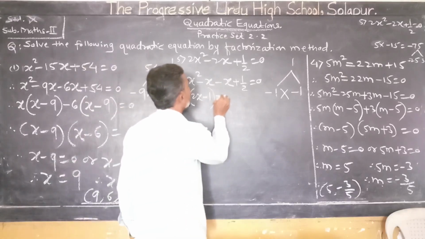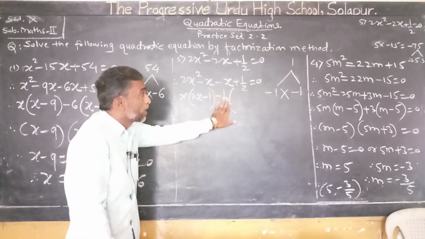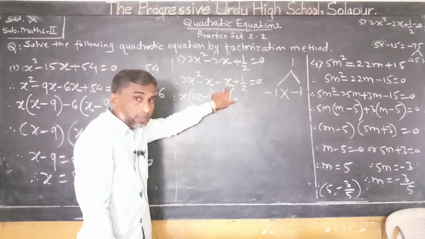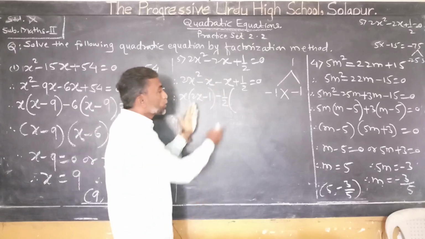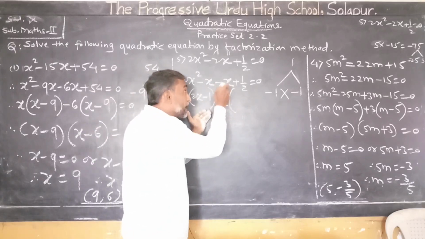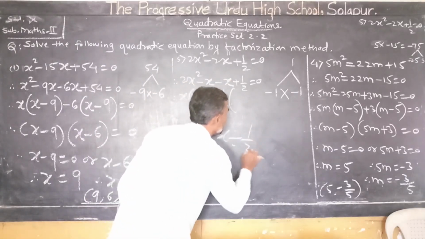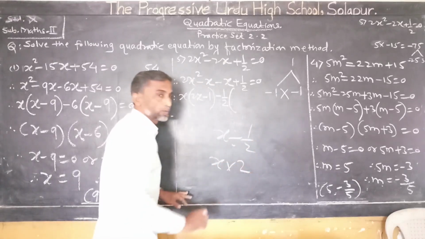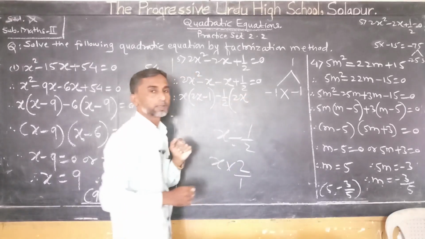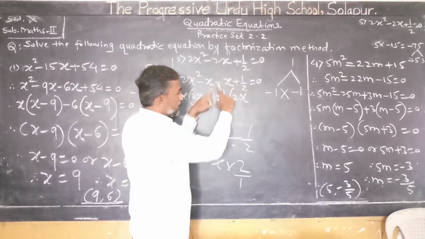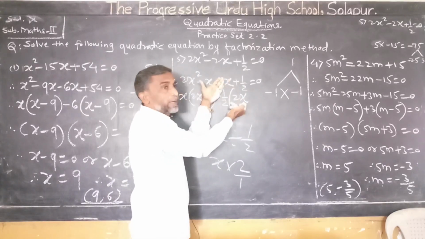Now, take minus half common. Take minus half common because half is there. 1x means here also half is there. So, take minus half common. To take common means to divide this term by minus half or half. So, x divided by half is equal to x into 2, 2x. So, in the bracket 2x will remain. Understand carefully. Minus as it is, half we have taken common. If you take half common from x, 2x will remain.